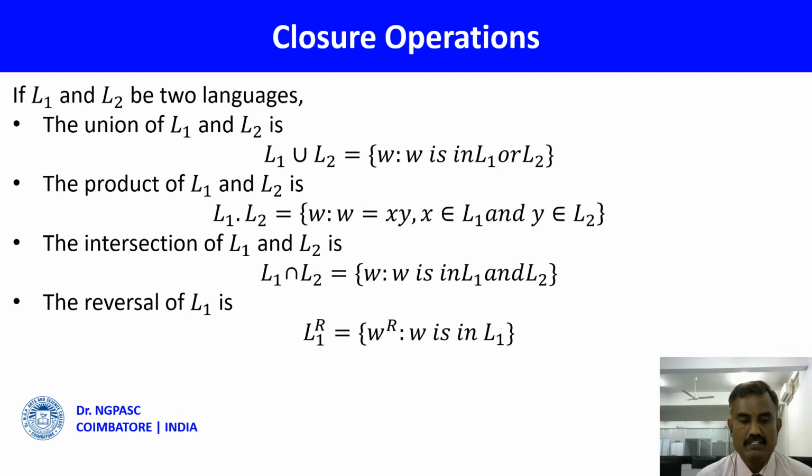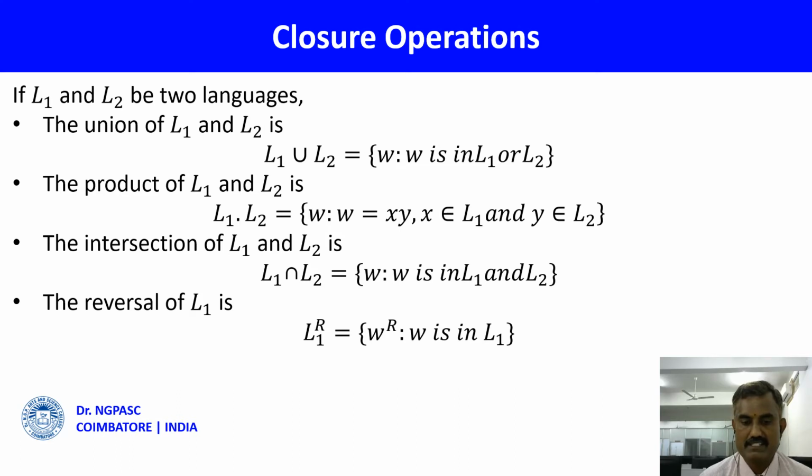A regular set is generated by a grammar G equal to (N, T, P, S), in which every rule is of the form A tends to x, or A tends to xB, or S tends to epsilon. That means the left hand side is a non-terminal and the right hand side is a single terminal, or a single terminal followed by a non-terminal, or sometimes epsilon. In other words, if a regular set L does not contain epsilon, there is no rule of the form starting symbol tends to epsilon.